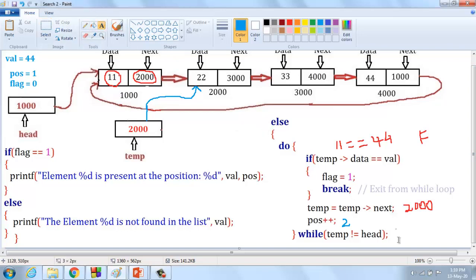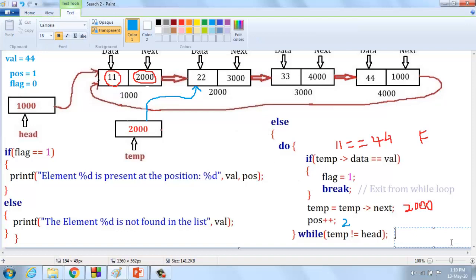Okay, here temp is 2000 not equal to head. What is head value? Head value is 1000. So condition true or false? So condition fails.